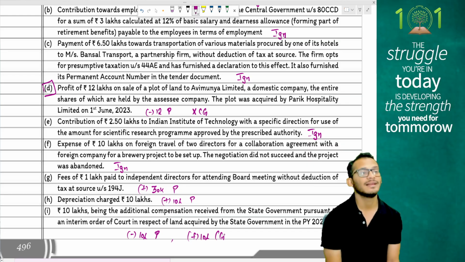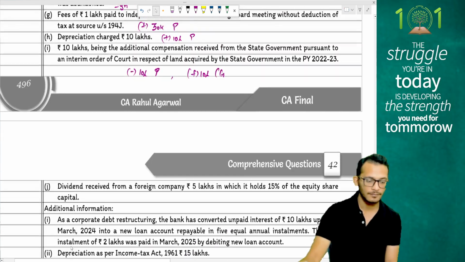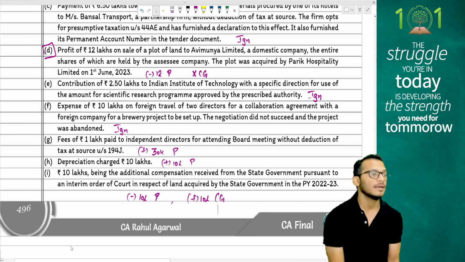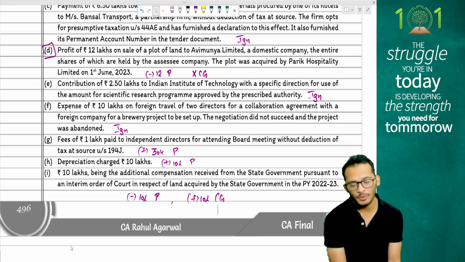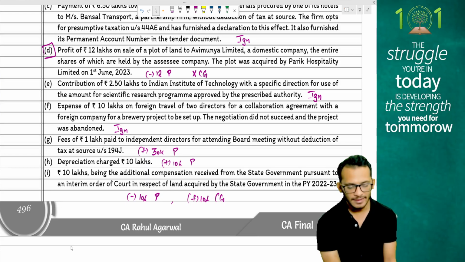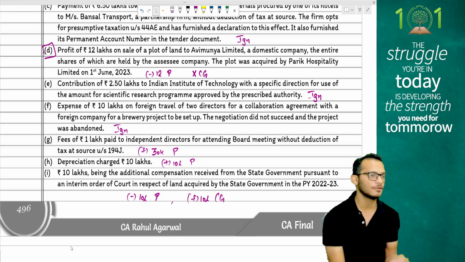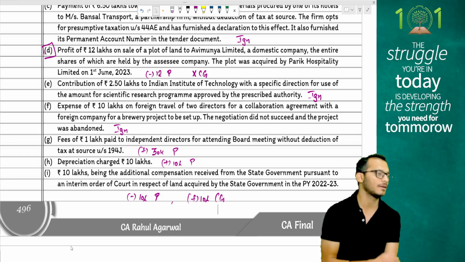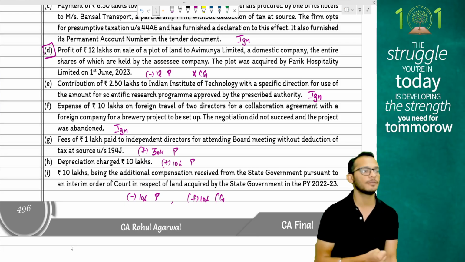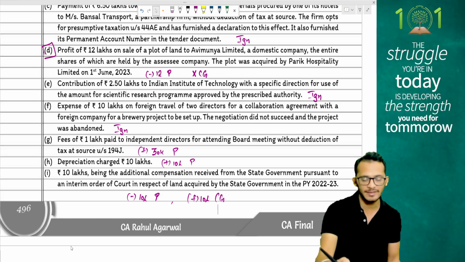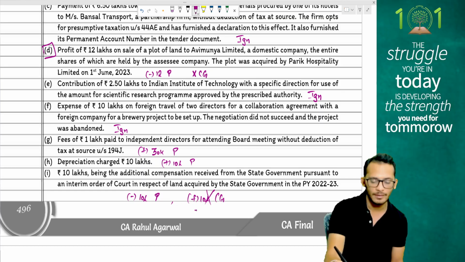Hey, that is for interest. When does the final order come? It's through an interim order. When does the final order come? Do you know? You can make an assumption then. Your word is also right. You can also probably say the interim order compensation may not be taxable because no clarity is given on final order, which means final order may be on a subsequent date. Yes, that can also be an assumption, which means either it can be 10 lakh CG or it can be exempt in CG.